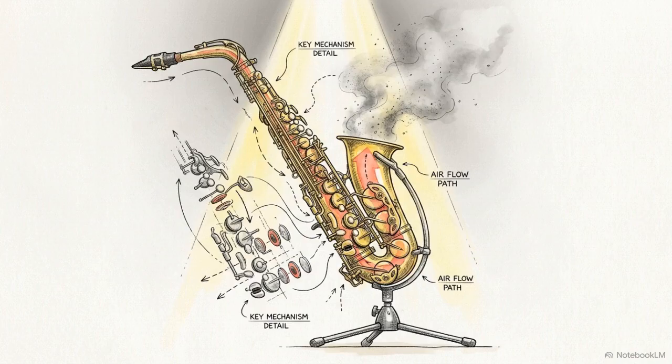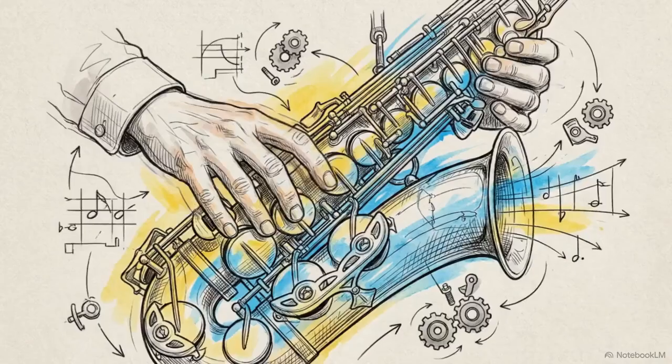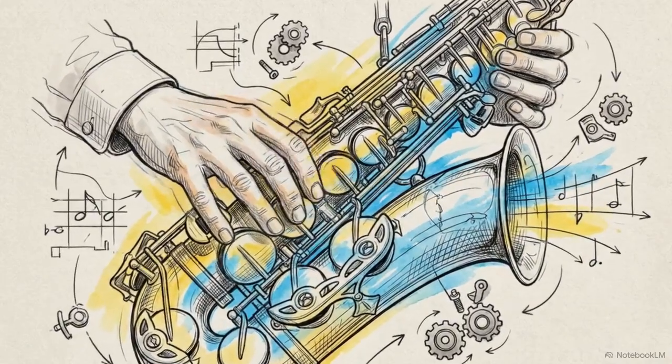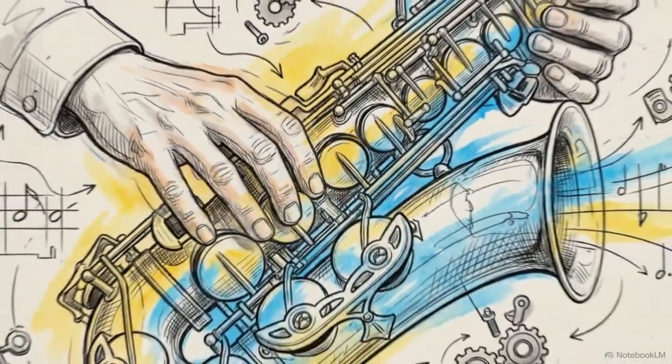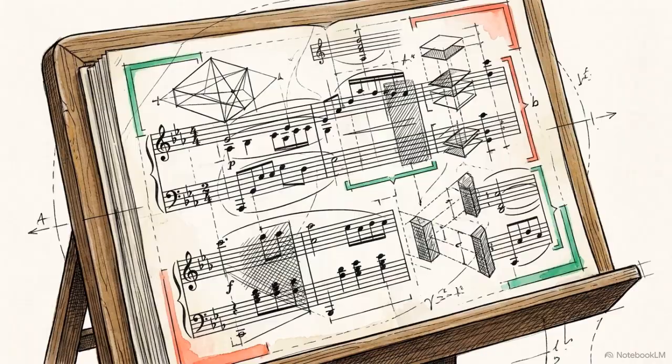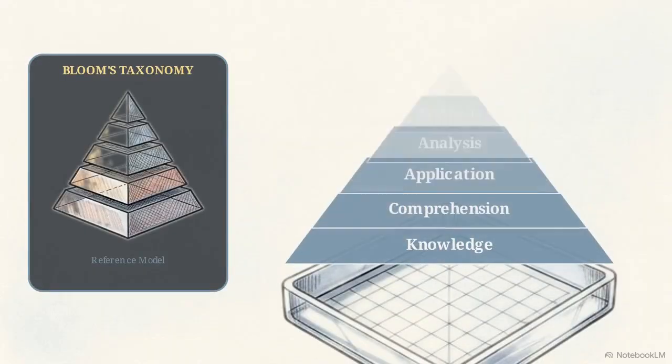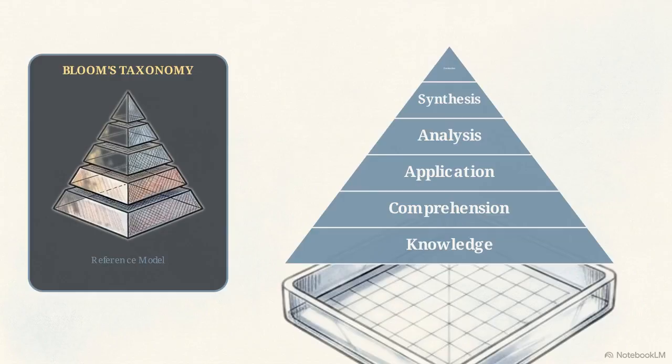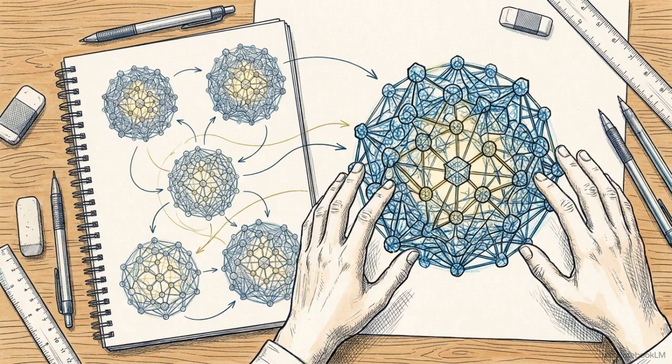We see this principle in high-level performance anywhere. A jazz musician cannot successfully improvise a solo until they have fully automated their understanding of scales and harmonic invariants. True creative freedom in a discipline only begins after the foundational orientation is flawless. Galperin's methodology provides the exact cognitive infrastructure required for a student to reach the highest levels of Bloom's taxonomy, giving them the tools to evaluate theories and synthesize novel ideas.